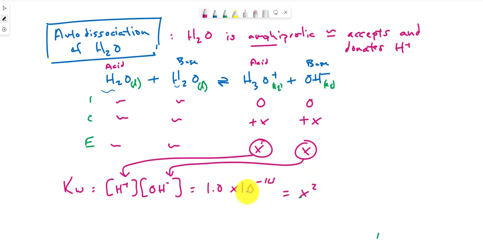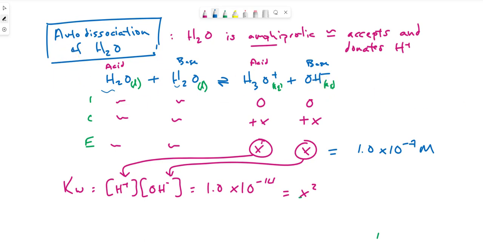So the root of 10 to the minus 14 would be equal to x, which is 1 times 10 to the minus 7. So that means that the equilibrium concentration of a glass of pure water, nothing else in there, just thinking about the autodissociation of water, it's about 10 to the minus 7 molar, moles per liter. Remember, 10 to the minus 6 is micromolar. So we're talking about 0.1 micromolar is the concentration of H3O plus and hydroxide ion when we simply allow water